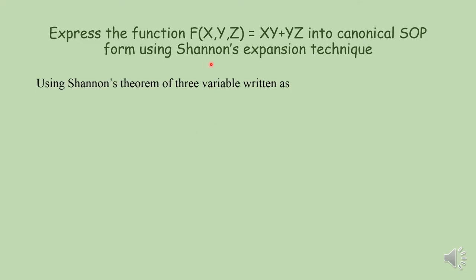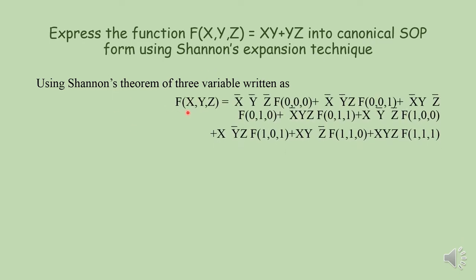In this way: f of xyz is equal to x bar y bar z bar times f of 0 0 0. Why is this x bar y bar z bar? Because according to SOP form, 0 is represented by a complemented variable and 1 is represented by a single variable. So xyz is represented by x bar y bar z bar because it is the function of 0 0 0,